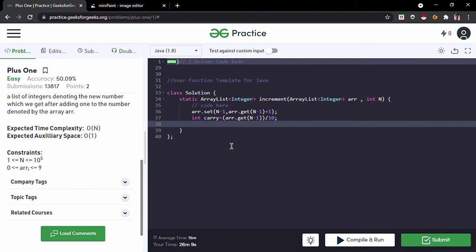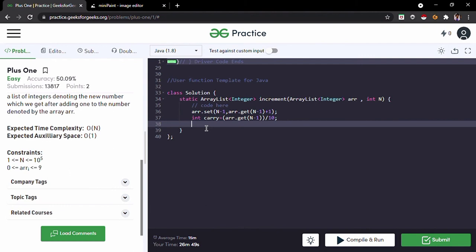Okay, in case our carry is 1, then what do we have to do? In that case, we have to change our last number to 0 and keep 1 as a carry. We have already calculated our carry. Whatever our number is, we can keep that with modulus of 10. Let's consider that our sum is 10. Then if we find modulus of 10, we will get 0, and we have to keep that 0 on that index. And if our sum is 9, then we can keep 9 as our sum. So in that case, we can find that using modulus of 10.